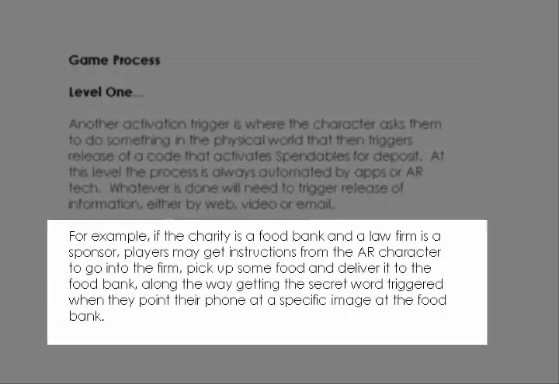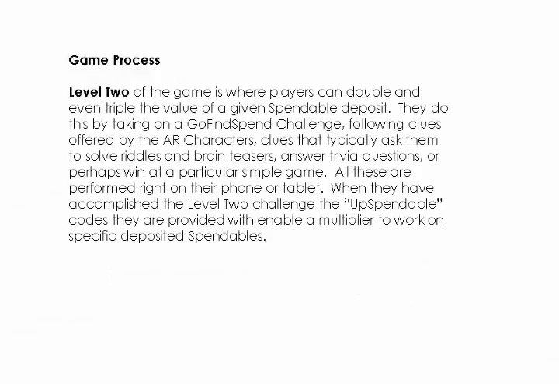For example, if the charity is a food bank and a law firm is a sponsor, players may get instructions from the AR character to go into the firm, pick up some food, and deliver it to the food bank, along the way getting the secret word triggered when they point their phone at a specific image at the food bank. Level 2 of the game process is where players can double and even triple the value of a given